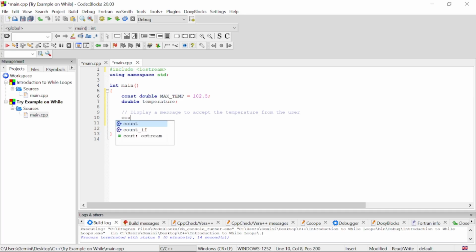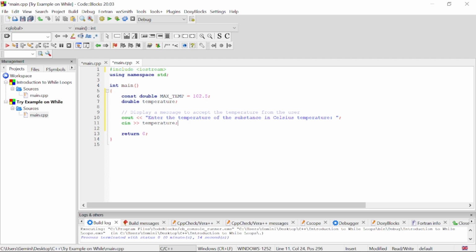So we can do cout enter the temperature of the substance, and it has to be in degrees Celsius, right? Okay, can give him some space, and we are going to take this using cin, and then that will be stored inside the temperature variable,